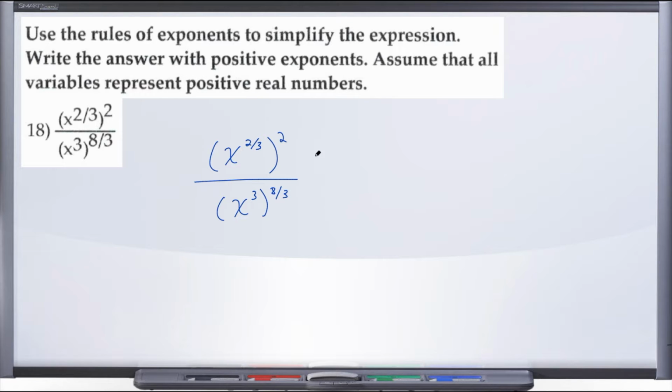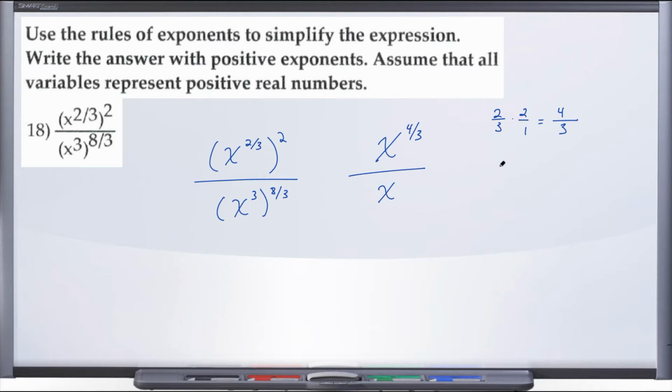power. Well, we know in this situation we're going to apply the power rule, which tells us to multiply our two powers. And so what we're going to have is x to the, and now we have 2 over 3 times 2 over 1. And so we end up with 2 times 2, well, that gives us 4. 3 times 1, well, that gives us 3. So we end up with x to the 4/3 over,